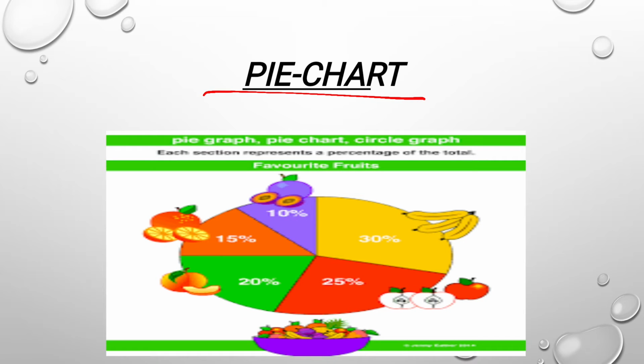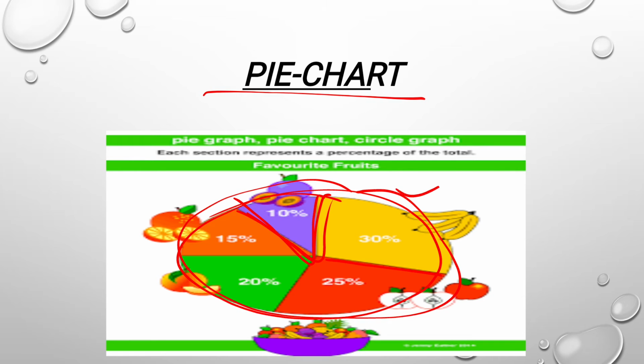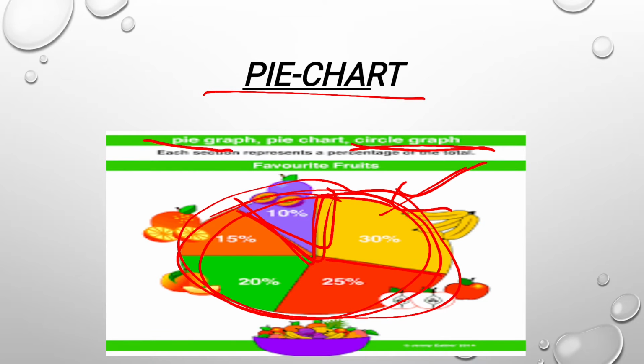Pie chart. We can say a pie chart shows the relation between a whole and its parts. There is something as a whole and we divide it into different parts. So if you want to show the relation of some part with the whole, in that case we use the pie chart. A pie chart has other names also, pie graph, circle graph and so on. Because a pie is in the shape of a circle, we can say it is a circle graph. Basically this graph is used to show a relation between a part and the whole, right?